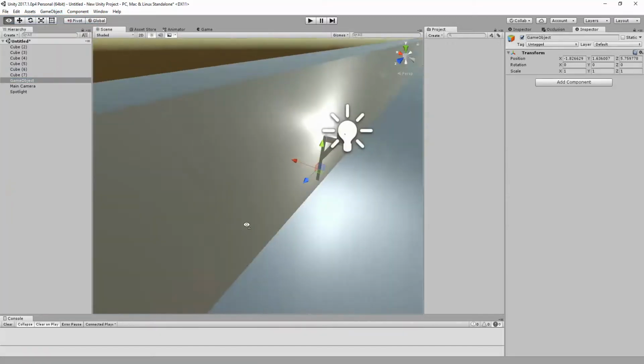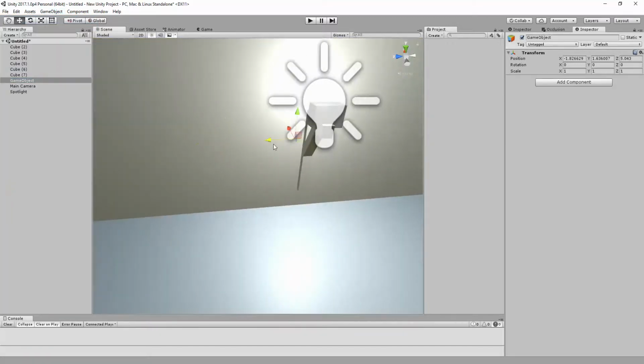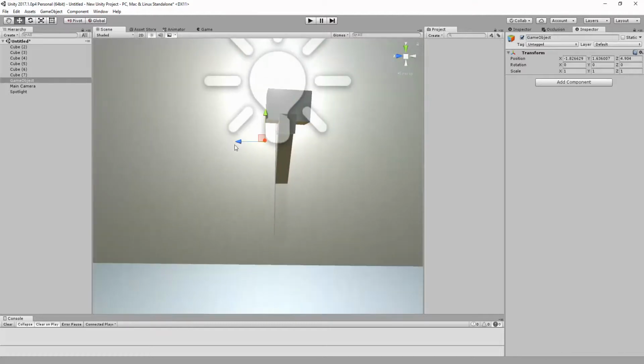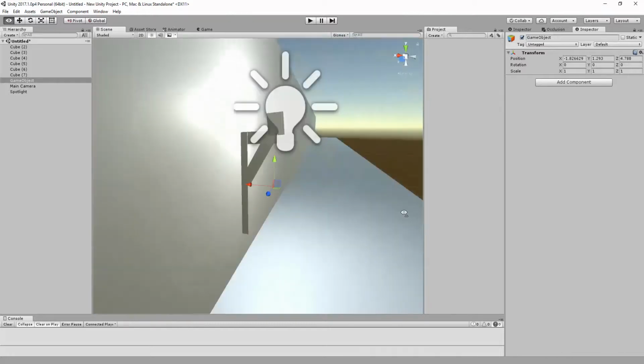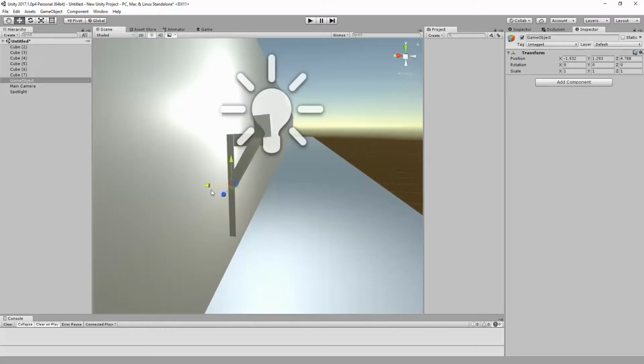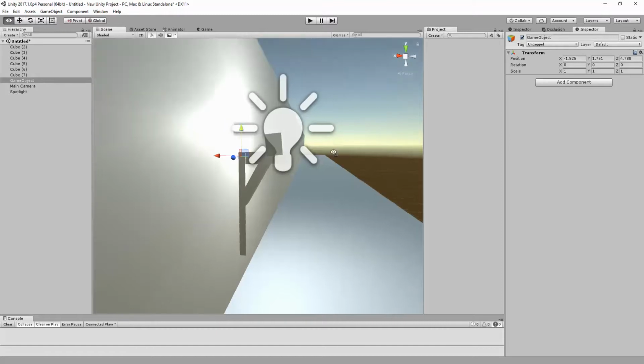And so we got a nice empty object. I'm going to position this guy around my torch because I made my torch first. So I'm going to just put him somewhere around here, right? Basically, the empty game object is going to be the pivot point of your light. Right, so this is kind of how we did our hierarchy before,